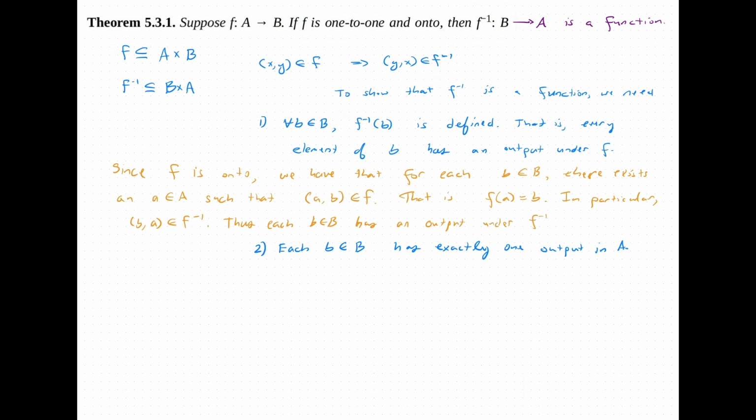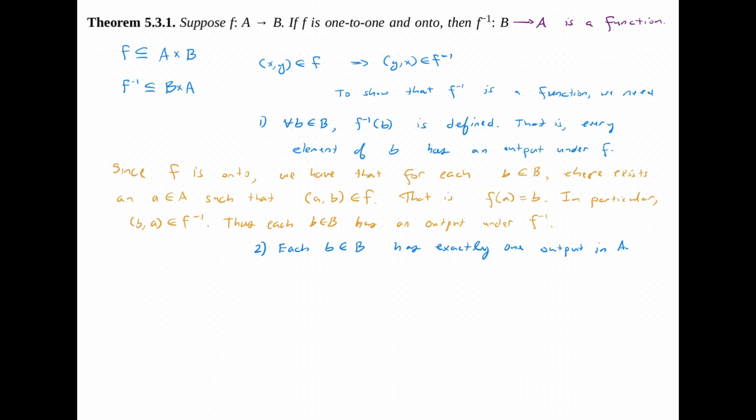Under f inverse. Granted, that doesn't tell us that this is a function, because now we just have that every input has at least one output, but it may have multiple, in which case it will fail to be a function. So now we need to show that it has exactly one output. Notice that right now we used the fact that it was onto. Now we're going to use the fact that it is one-to-one to prove that it has exactly one output. So here's how we're going to do this. If we had that there was more than one output for some b,